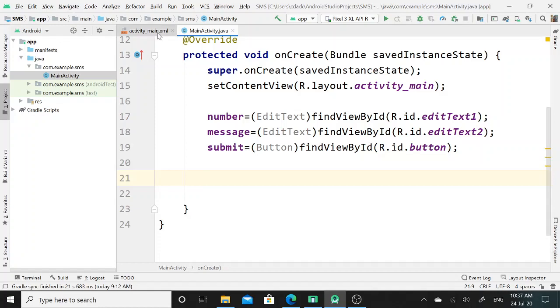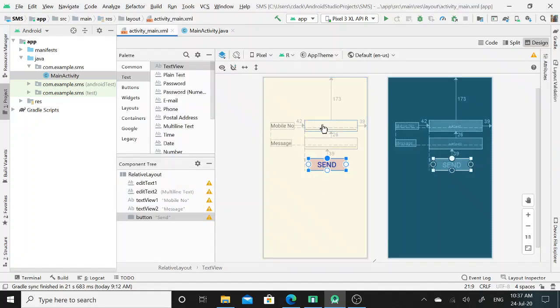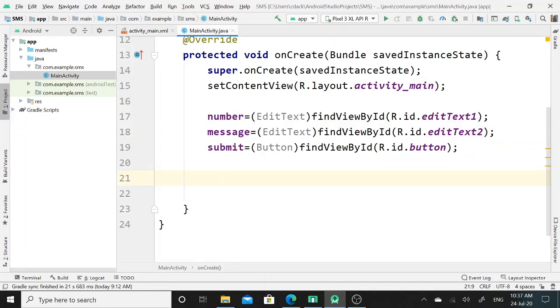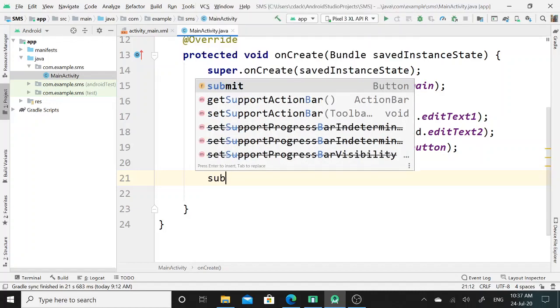Now next what I have to perform: when the user enters the mobile number over here and the desired text message over here, when the user clicks on the send button, the appropriate message must be sent to the entered contact number. So to do that, I will call the setOnClickListener method.